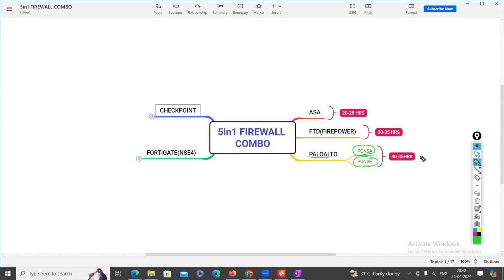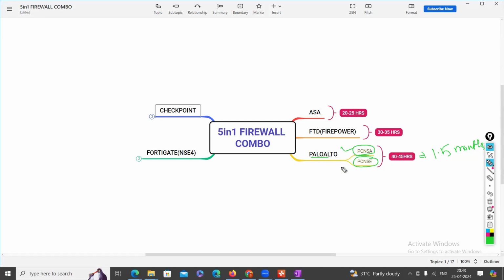It will hardly take 1.5 months to complete this Palo Alto, guys. The reason is that it's a huge content compared to any other firewall, and along with that we are covering both the administrative level course and the professional level course, so it will take 1.5 months to complete, guys. And then after Palo Alto, this batch is going to start with